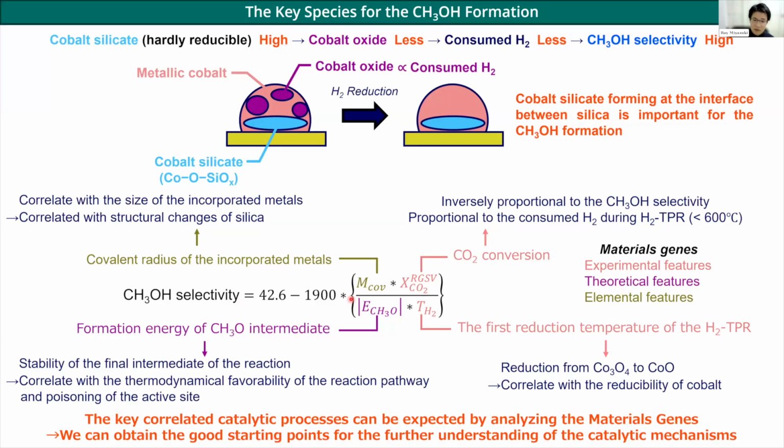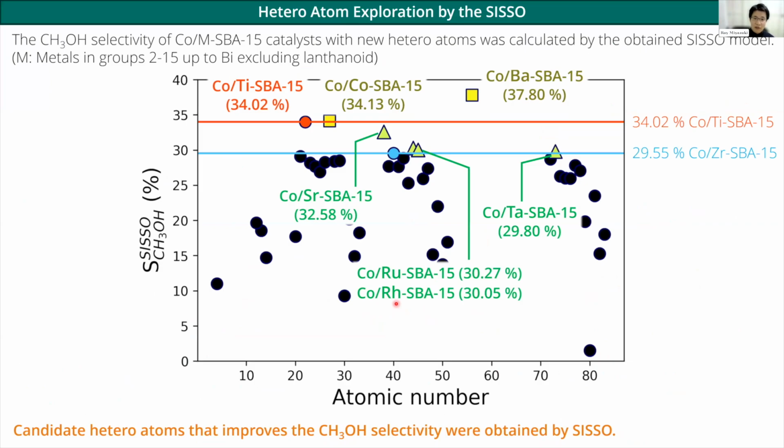And for this, of course, DFT calculation is very useful to extract some information. And also, of course, we can screen the candidate materials with high performance by using an AI model with low acquisition cost data, and then we can quickly screen or predict the catalytic performance of the candidate materials and then propose the new material for the experimental